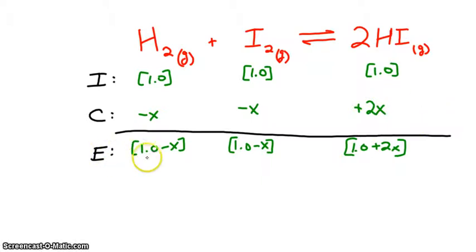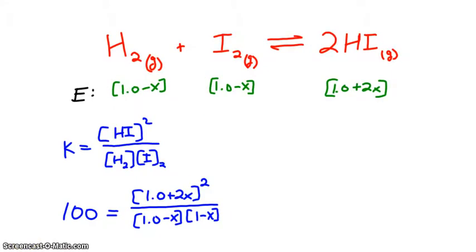The equilibrium concentration is a combination of the initial concentration and the change. So 1 minus x, equilibrium concentration 1 minus x. Same here. Here the equilibrium concentration for HI is 1 plus 2x. Since we need to find the